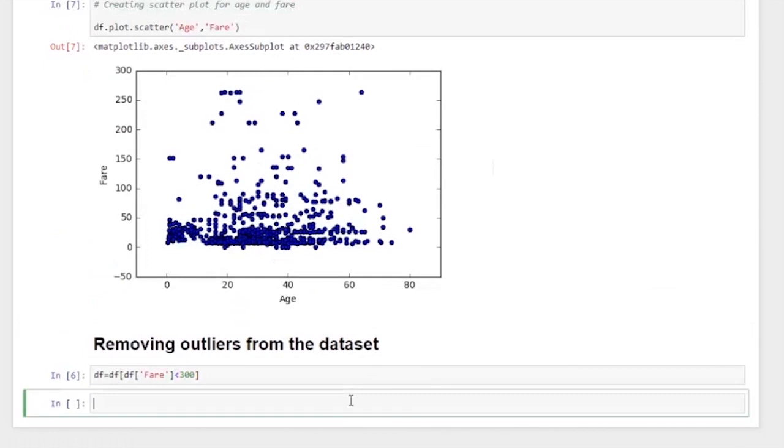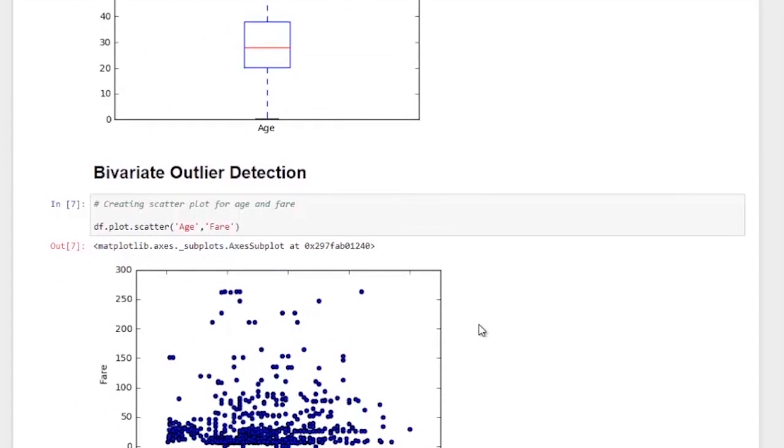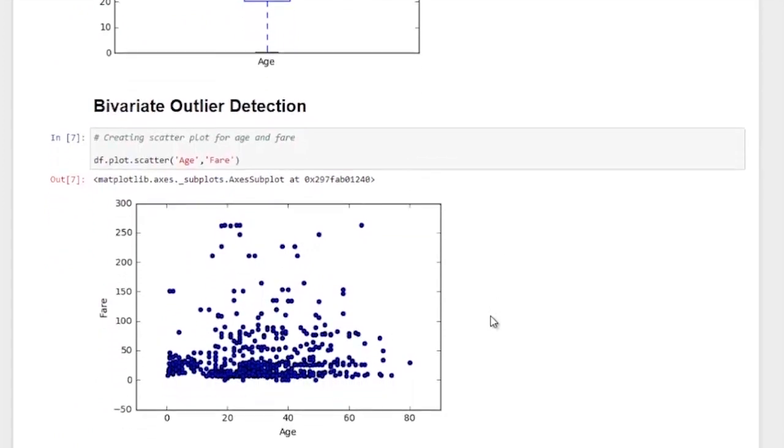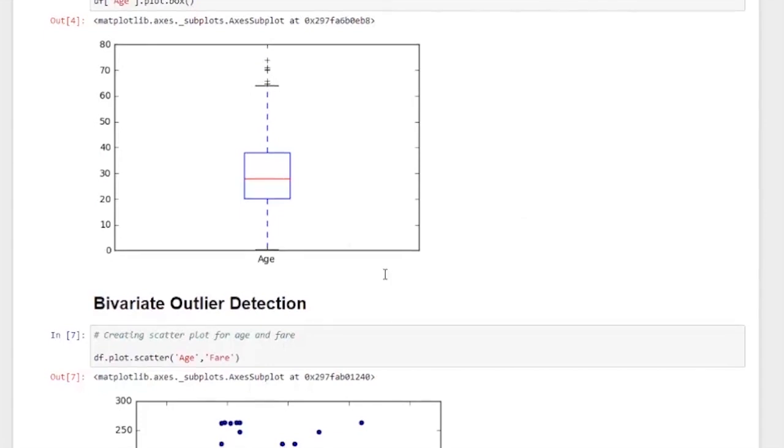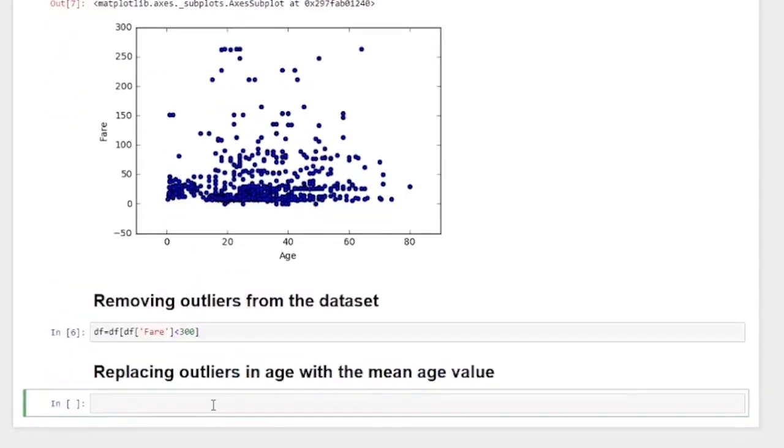Similarly, the second method that we saw to deal with the outliers was replacing the outliers with some value. In the case of a continuous variable, we can replace it with the mean value or any subsequent value. So let's replace the outliers in the age variable with the mean value of the age. The function that we'll be using is the loc function to locate the values which are outlier values. The loc function takes two arguments. First is a row and the second is a column.